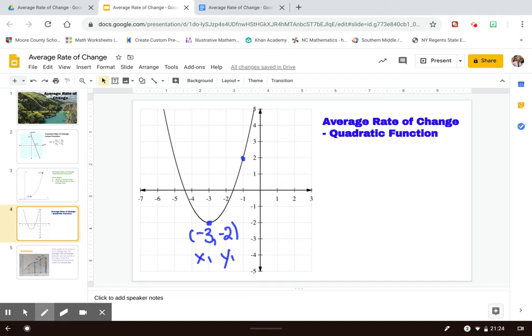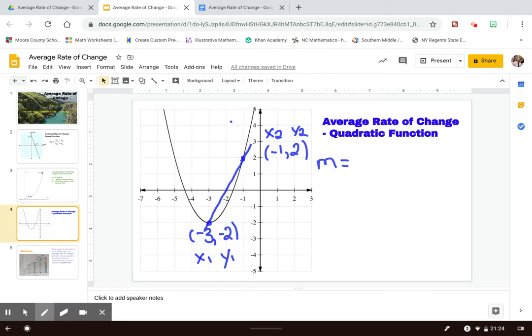And then up here, I have an ordered pair of negative 1 and positive 2, which is my x2 and my y2. Between these 2 points, I can draw the secant line,